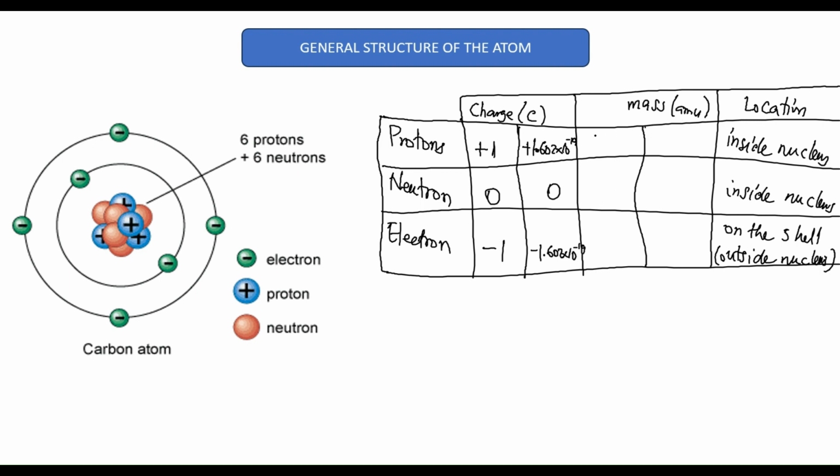Let's go to the mass. Atomic mass unit for proton will be 1 AMU. For neutron it will be 1 AMU. For electron it is 0. Remember, this is the relative mass. Now let's go to the exact mass. So for the exact mass, for proton, it's